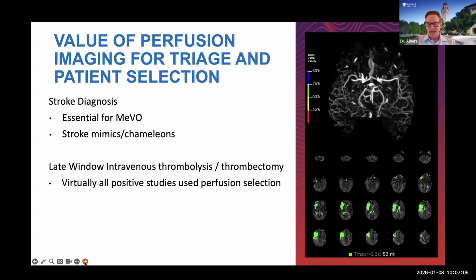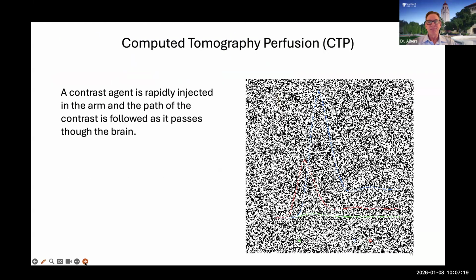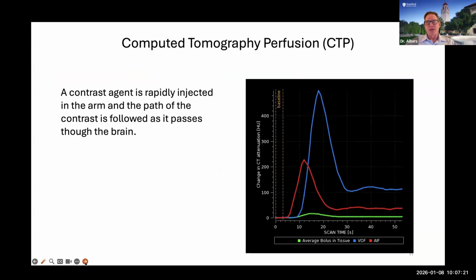We also know from various clinical trials that virtually all the positive late window studies used perfusion for selection, and there have been dozens of trials that didn't and have not had success. So my focus is going to be how do we interpret these images, and we're going to start out with